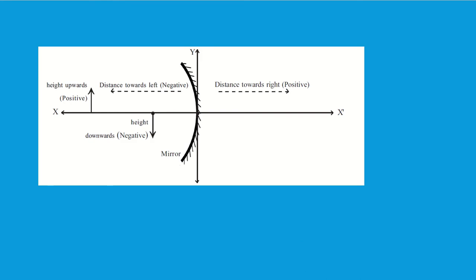So these are the sign conventions diagram. Again, I'm repeating because it's a very, very important topic. So only if you understand, you will be able to solve the questions. Okay, so you will realize it when I give you the questions. There is no question paper in grade 10 without the numerical from mirrors. Okay, so concave and convex mirrors. So height upward positive, height downward negative, towards right positive, towards left negative. Always remember we are measuring the distance from the pole.